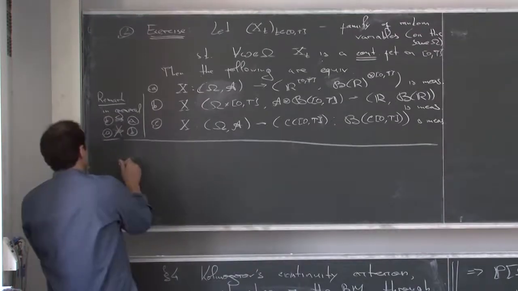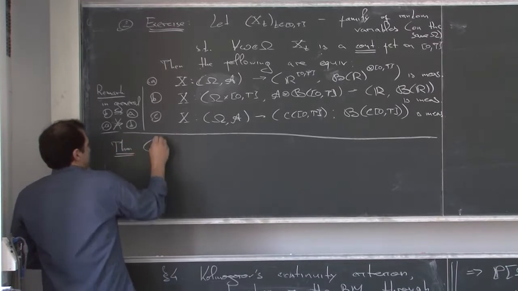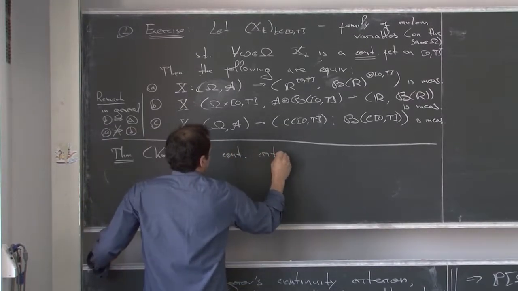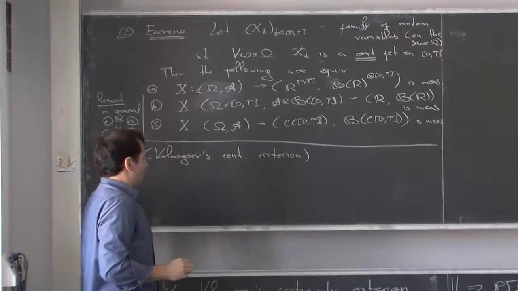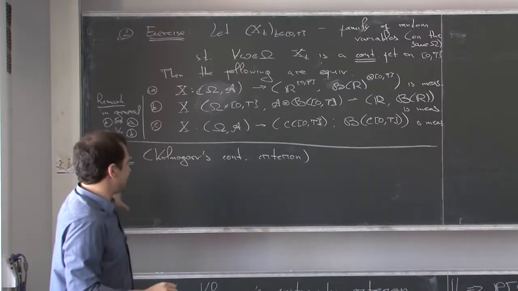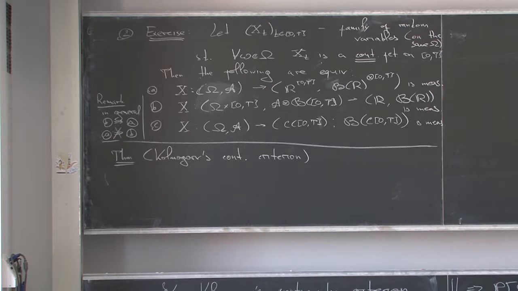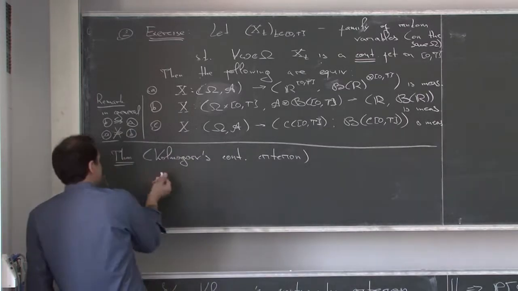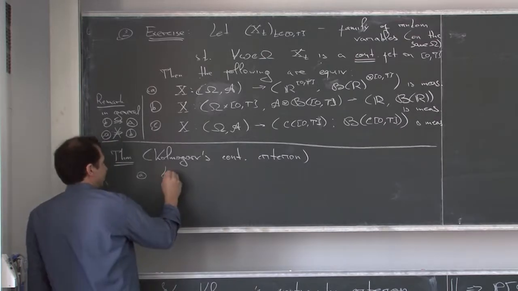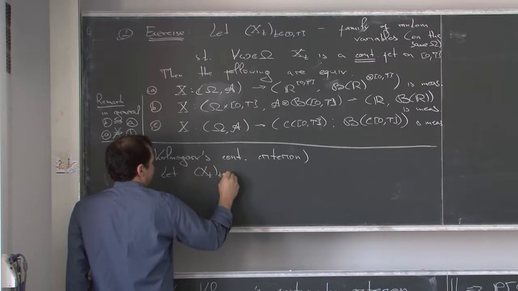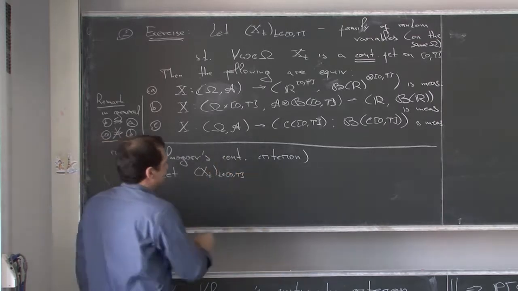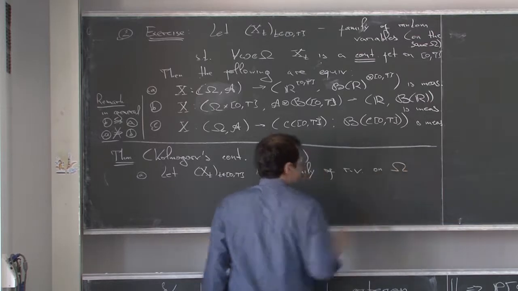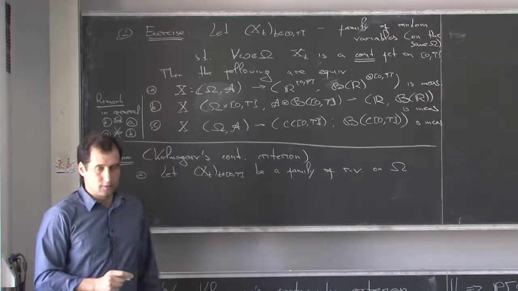Okay, so now the theorem, which is Kolmogorov's continuity theorem. It takes some time to write down a correct statement, so be patient, please. So what is the setup we deal with? It's going to be two parts. So let X_t be a family of random variables on the same omega, indexed by some uncountable family,